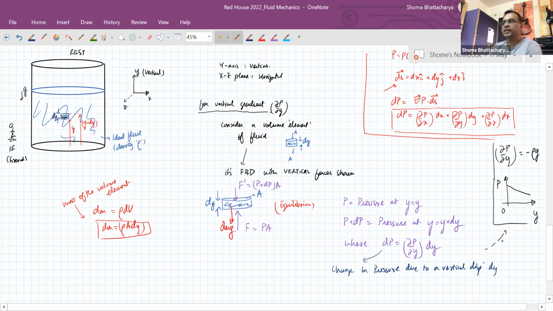So this is the proper technical way of deriving this simple result. Why it's important to understand the technical way is because even though this is the simple case where the horizontal pressure gradient will be zero, we will also be exploring cases where that's not happening. The pressure will vary with the horizontal coordinate as well as the vertical coordinate. So it's important to understand this proper vector calculus method of solving this.